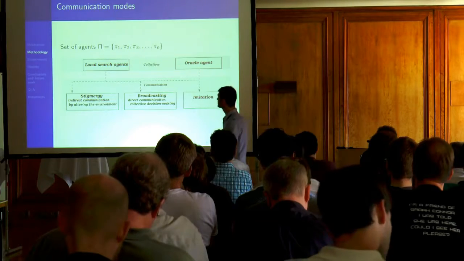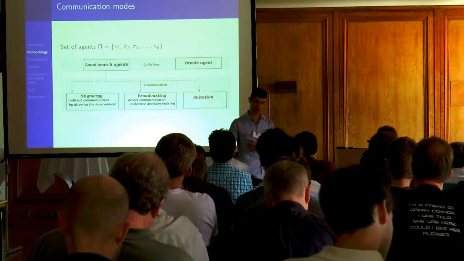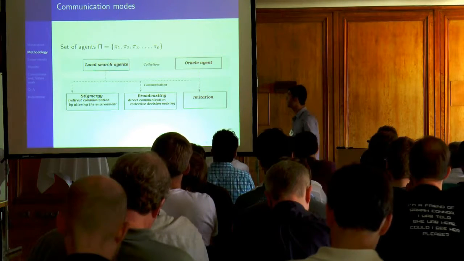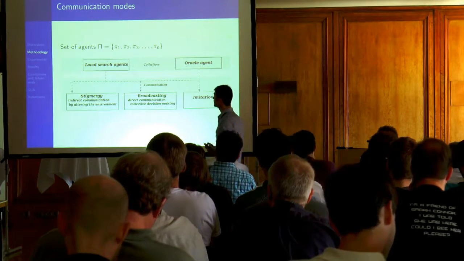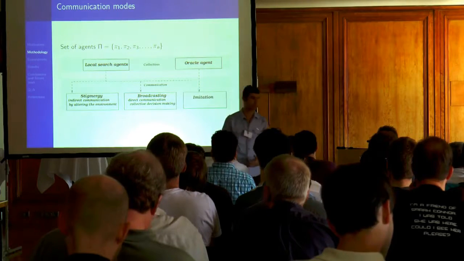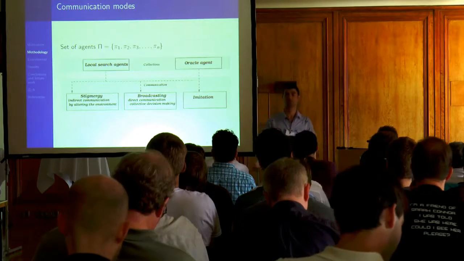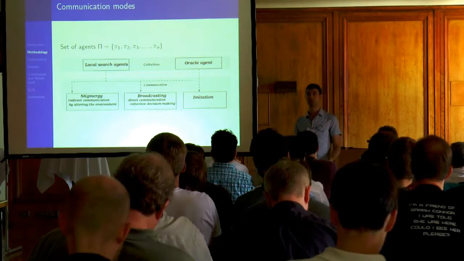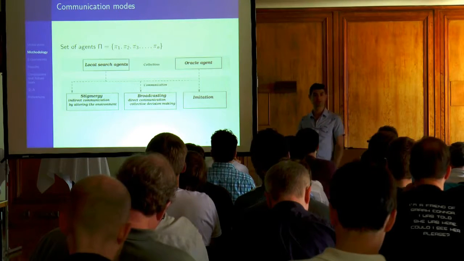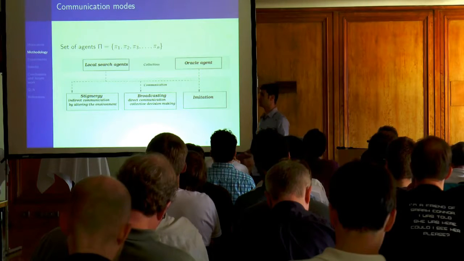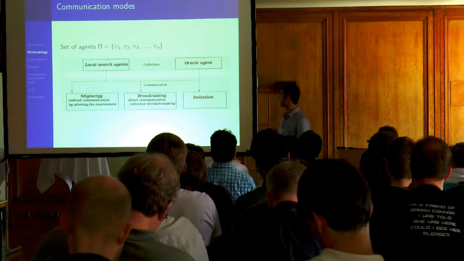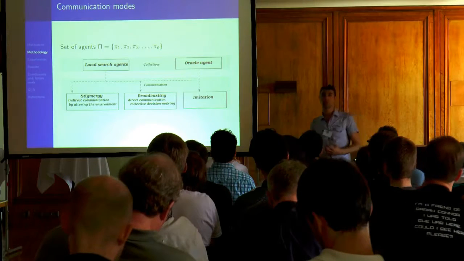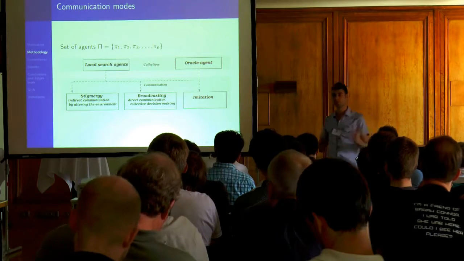So if we have a set of agents, we'll just talk about local search. We can, of course, talk about different types of agents, like reinforcement learning, Q-learning, SARSA. So if we have local search agents, we want them to communicate together. So we implemented 3 different communication techniques, which are pretty much known to everyone. Stigmergy, which is modifying the environment by laying off some rewards in the environment. So they don't directly communicate, they just modify the environment somehow. And broadcasting, which is direct communication. So I tell you, I found this reward in my neighborhood, so I send this information to you.